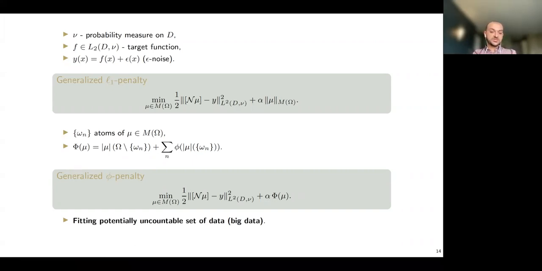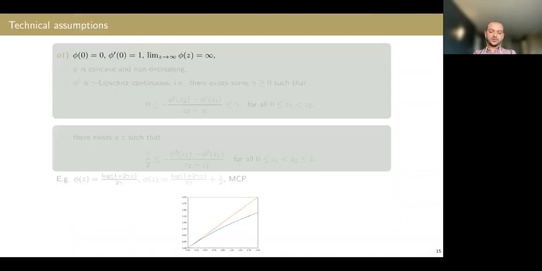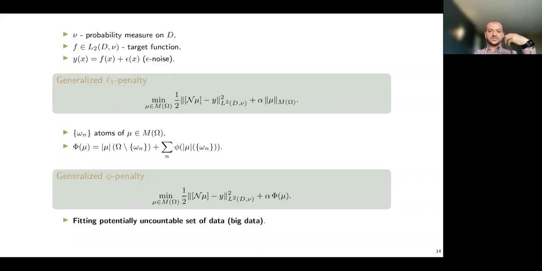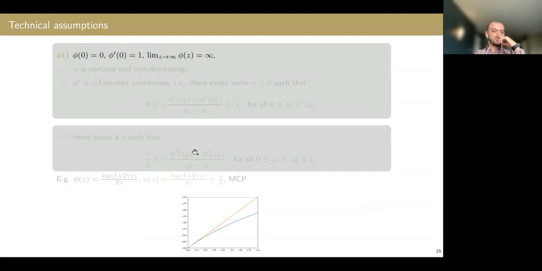So after I introduce this problem, instead of solving the finite case, we'll solve this more general integral network minimization problem, the regularization problem. Some of the technical assumptions that we're going to make about the phi are mentioned here. I didn't really specify yet what I'm requiring on phi apart from being subadditive, but we're actually imposing some